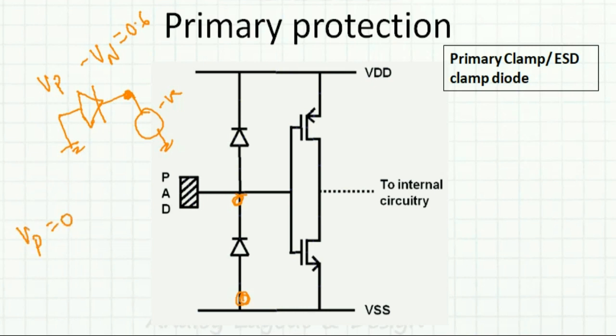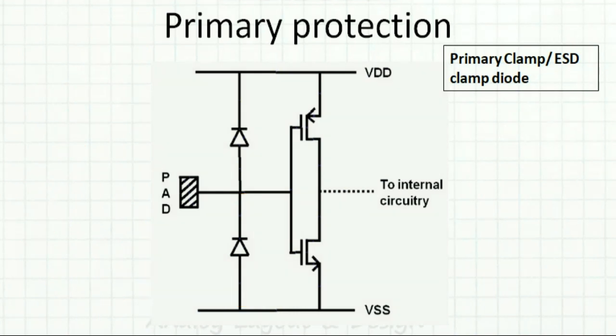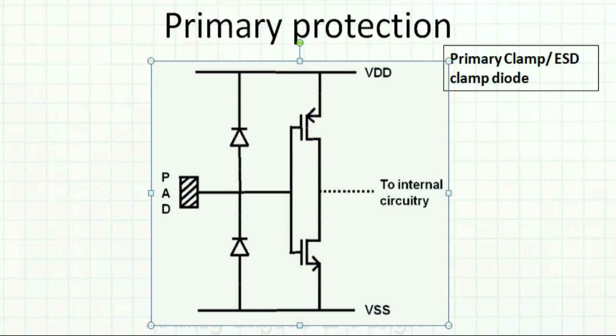We will find out what Vn should be for it to be on. So Vn, I will take it this side. Vn should be Vp minus 0.6, and Vp is 0. 0 minus 0.6, it is minus 0.6. So the moment this voltage